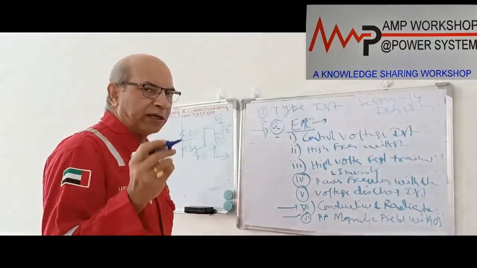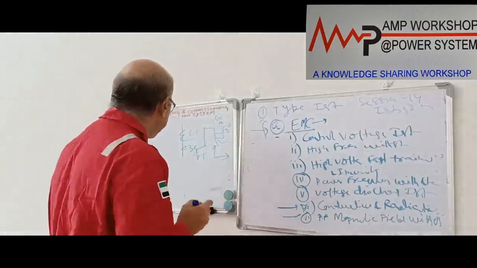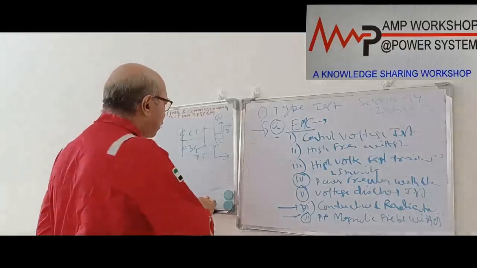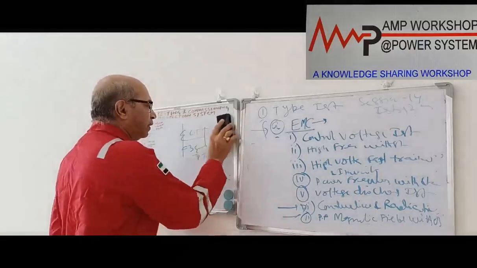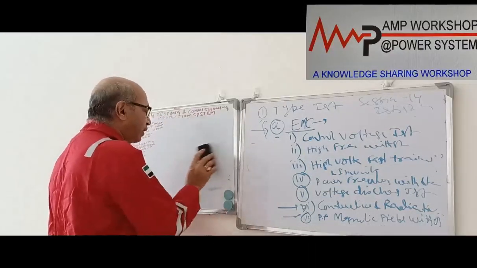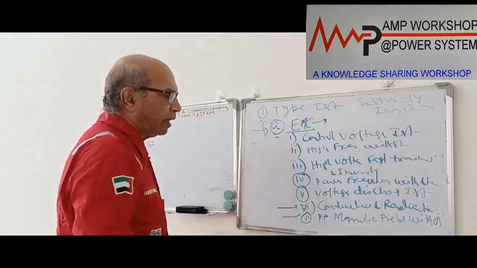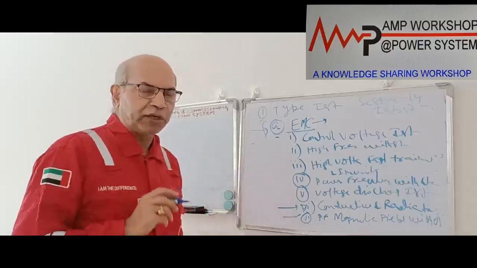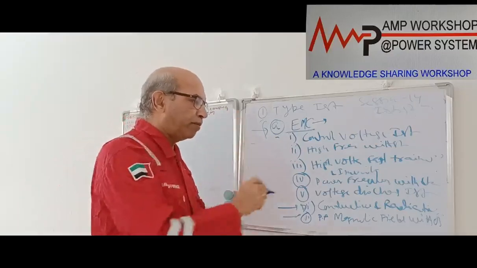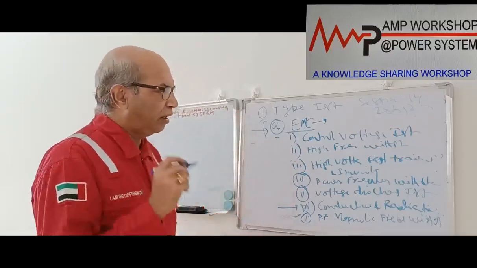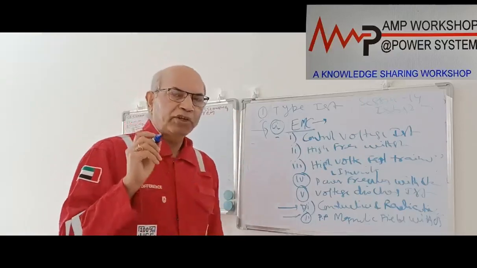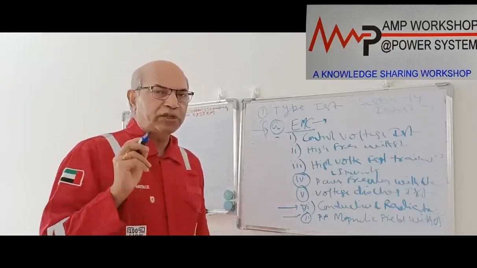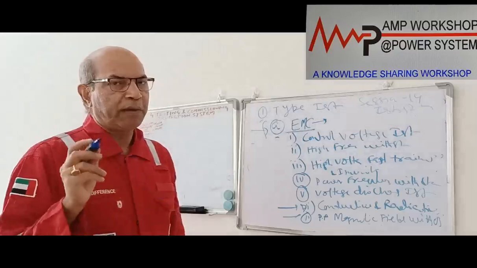The functional specification we have already discussed. Second, we are discussing the electromagnetic compatibility test. This test is very rigorous because these are the various problems which come through the power line. So that's why the electromagnetic compatibility test for the protection device is very rigorous, and a lot of tests we carry out so that each and every disturbance the protection device is subjected to, and we ensure the protection device will not maloperate.